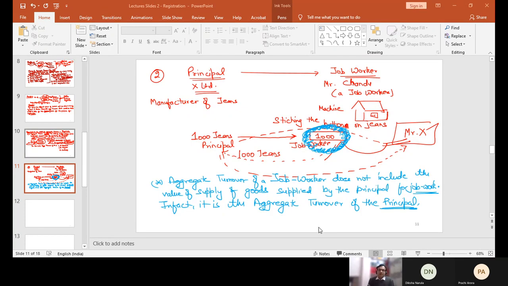I have discussed with you the concept of those persons who are liable to take registration. It all depends upon the aggregate turnover limit. Do remember that. Don't take aggregate turnover as common for each and every concept. For composition, I have a different calculation framework of aggregate turnover, and for registration I have a different way to compute aggregate turnover. Of course, the foundation is section 2 clause 6, but then I have to make suitable amendments as per the respective section for which I am working.